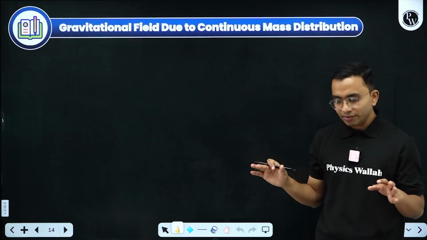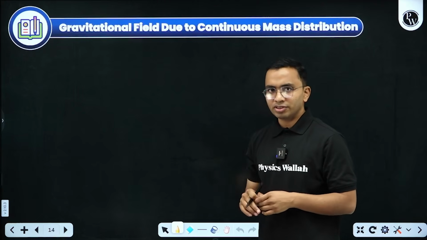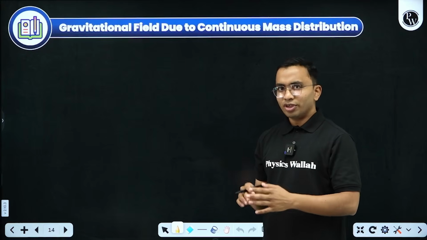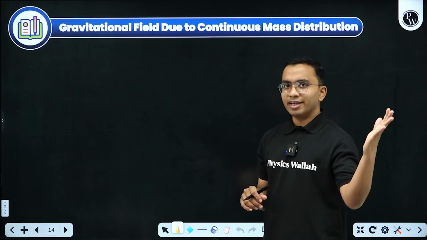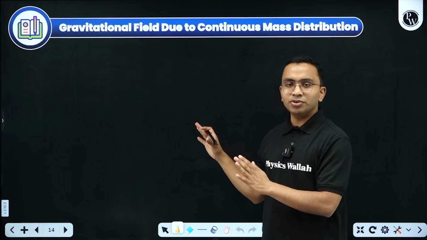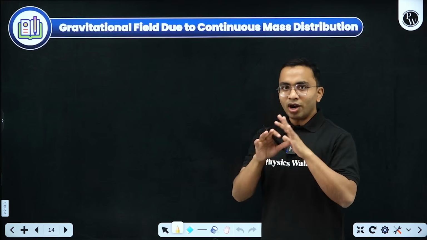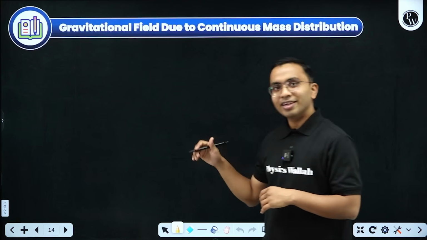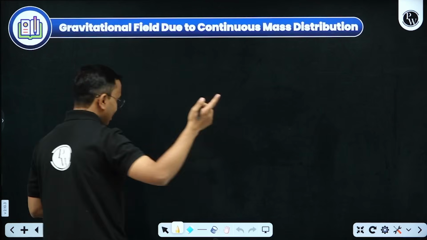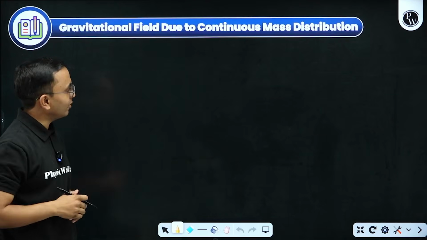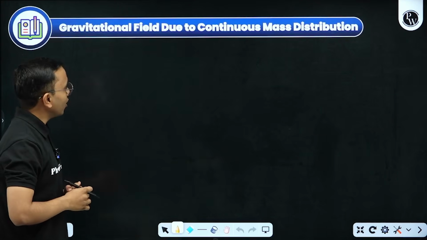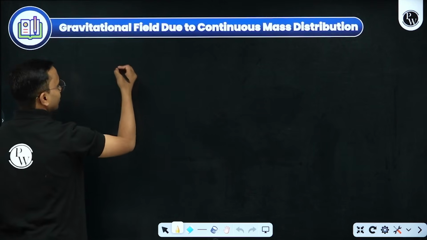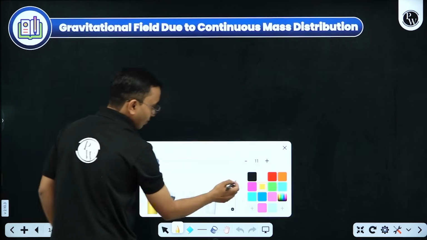So all the derivations are exactly the same. Okay, so if you have understood the derivations there, it will be a quick revision for you, or if you have not understood those derivations, you can understand them here, and when you'll revisit that particular chapter, you'll understand how the things are working. Okay, so first of all, let us take a uniform rod. I'm taking a first uniform rod.